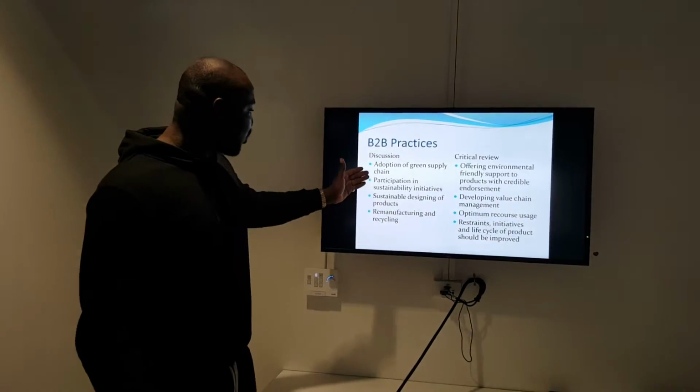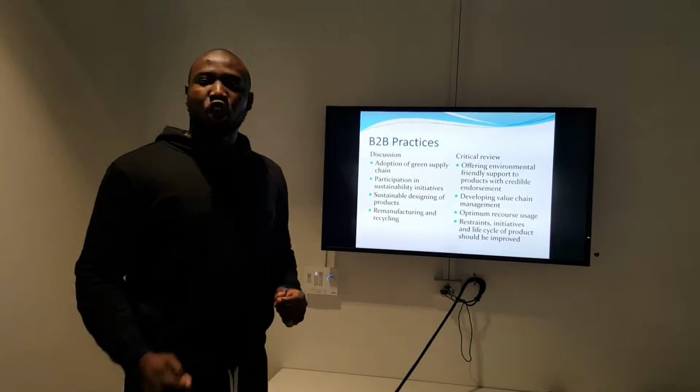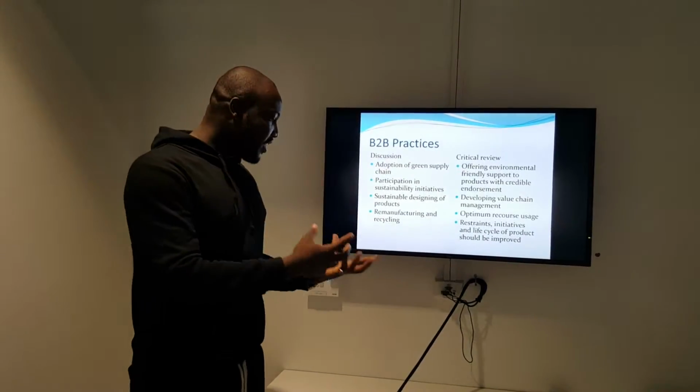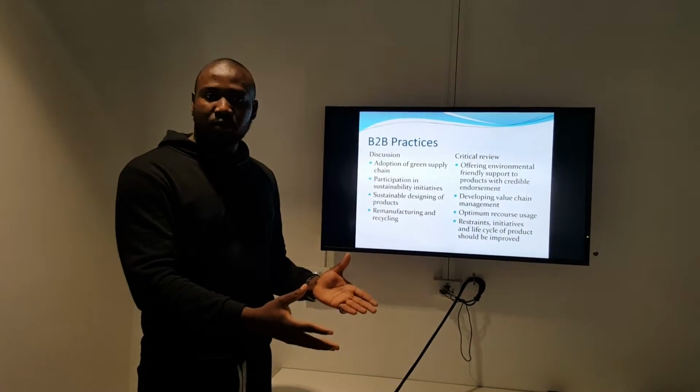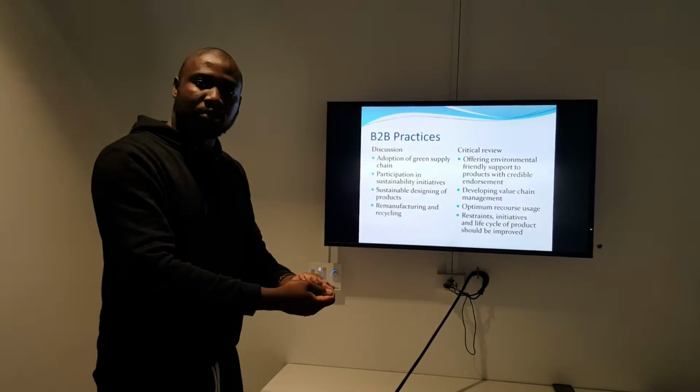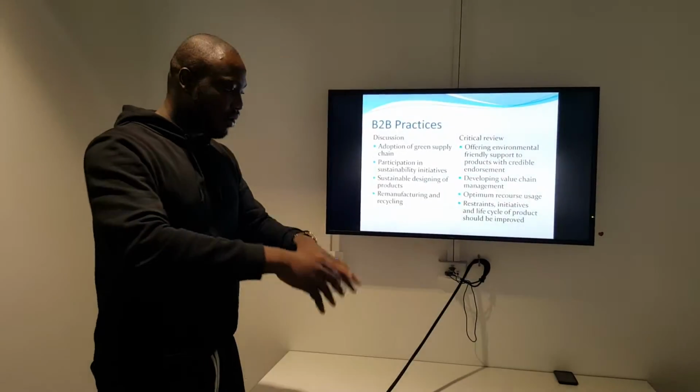The third point here is sustainability design of products. When we are making products, what are we making our products with? Are the materials we use in making products sustainable? Do we use plastics that are easily renewable, that we can easily convert,